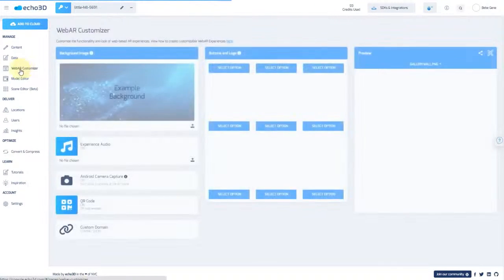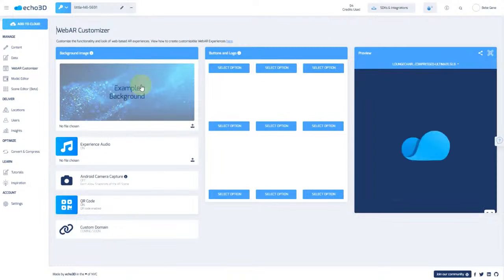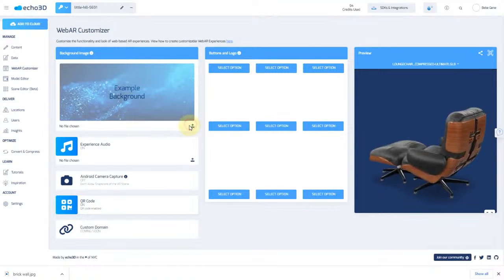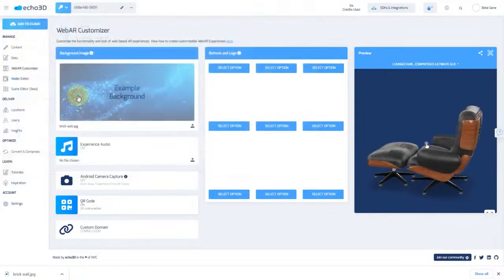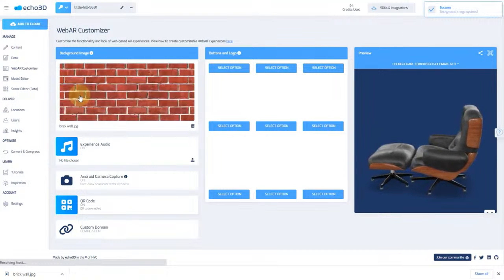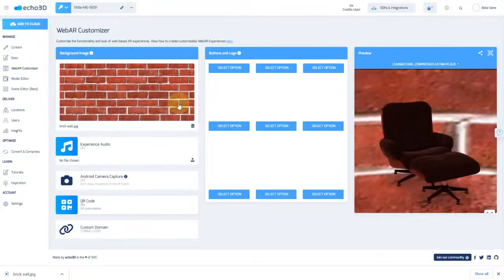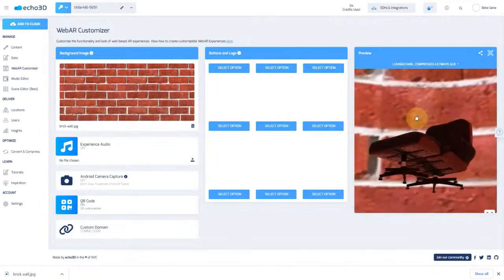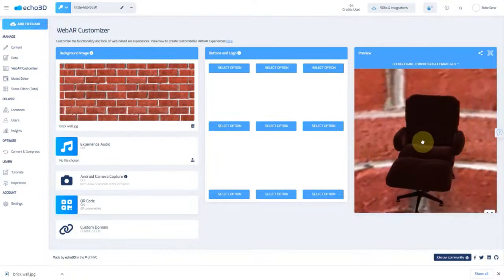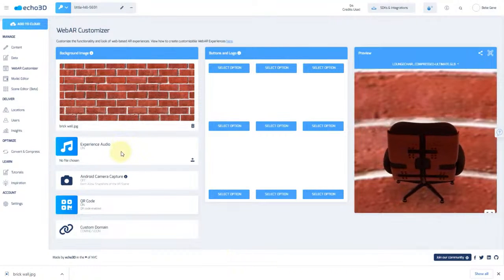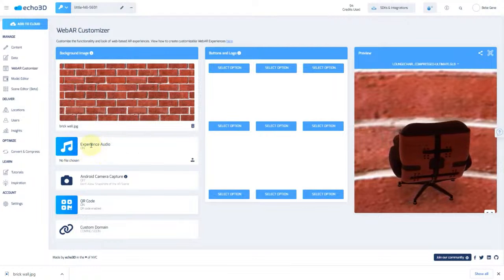And when we go down to the Web AR Customizer, this is a really nice feature to create something that's branded. Here you're able to do a custom background image, which shows up in the mobile background preview. So when somebody scans or pulls up your AR experience on their mobile device by QR code or by link, they're going to have a 360 image that surrounds it. So you're able to add that. It's highly recommended to use a very high resolution image because it is stretched to 360. You're able to upload music, and this starts and stops anytime there's an input.